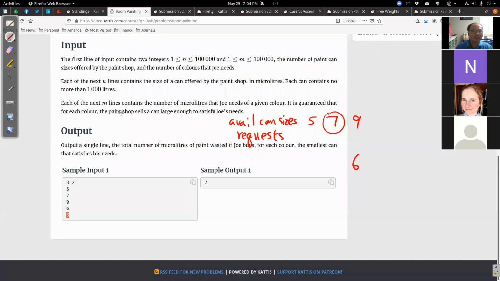Also, they tell you that it's guaranteed that for each color, the paint shop sells a can large enough to satisfy Joe's needs. So you're not going to be asked to have a request like 12 when there are no cans that can satisfy it. Okay, so that's the problem. You're given a list of available can sizes and a bunch of requests. For each request, you have to find the smallest can size that is at least as big as your request,